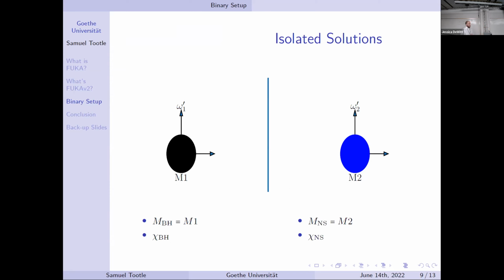Now with this information in mind, we can actually solve this stuff independently. So we have our black hole, we have our neutron star, we solve it for a given mass and a given spin, and then we can boost it. Well, we boost it with this omega guess that we had gotten from the 3.5 PN estimates. And what you can actually see once you solve the boosted one and the binary is that this omega and the boosted TOV or boosted black hole solution is actually very close to what you will see in